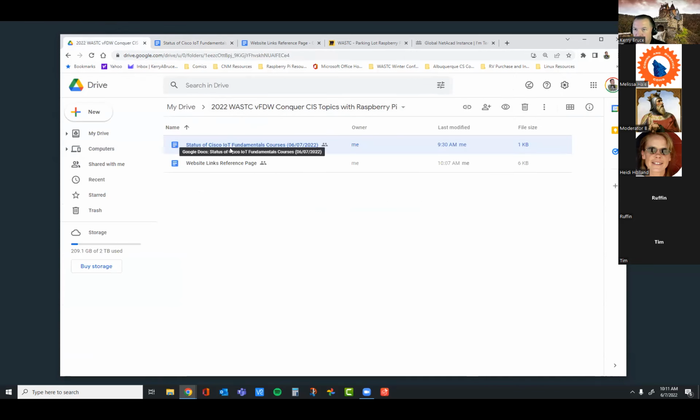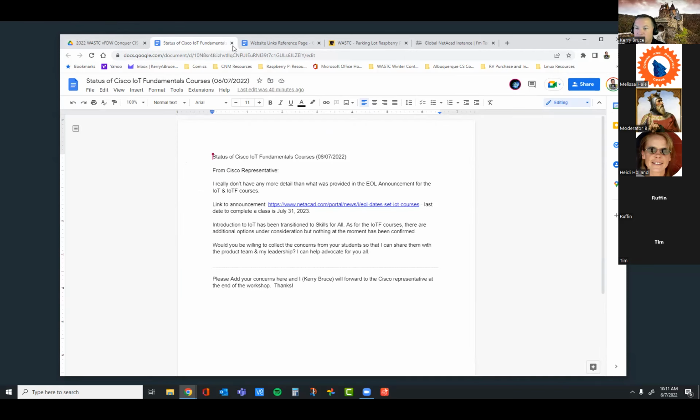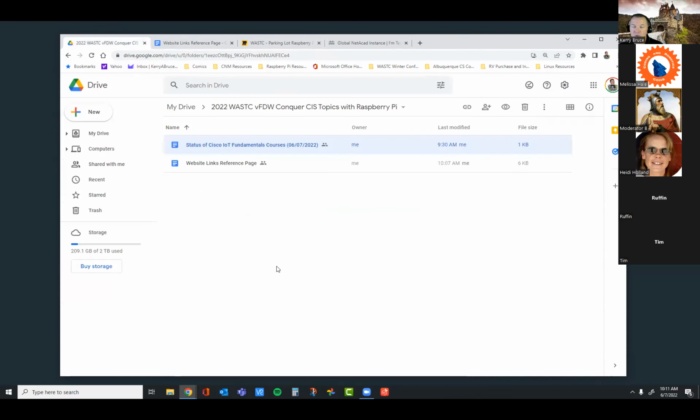Google Drive, right? So there's the drive there. I just want you to be aware of it, and I'll leave it to you to add any comments. We may have other chances, but at this point this is our first opportunity to ask for specific things. I don't know if they're going to leave it unedited, move it to the skills for all, whether there will be labs or not, or information or not, but maybe we can help direct how that course develops going forward.